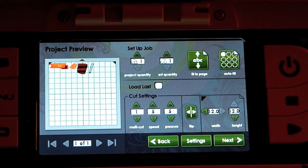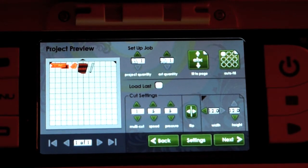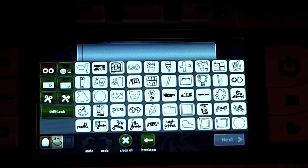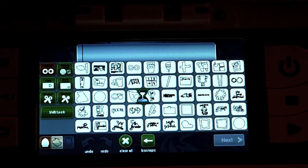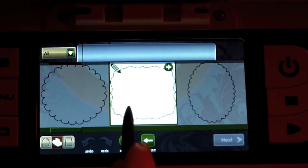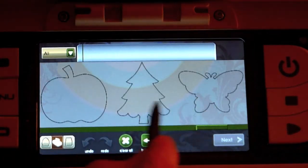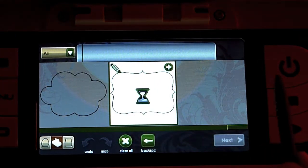Okay, so that gives me my banner, my bird, my book, and the last thing that I need is this little top note, which is from the Imagine More cartridge. So I'm going to take out Best Friends, I'm going to put in the Imagine More, and it should pop up here in a second. There we go. And I'm actually going to take one of the stock images that comes with the Imagine. There was a top note that I liked, which was this one. So I'm going to edit that,